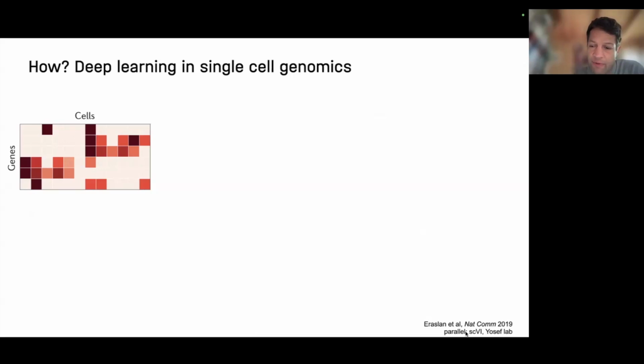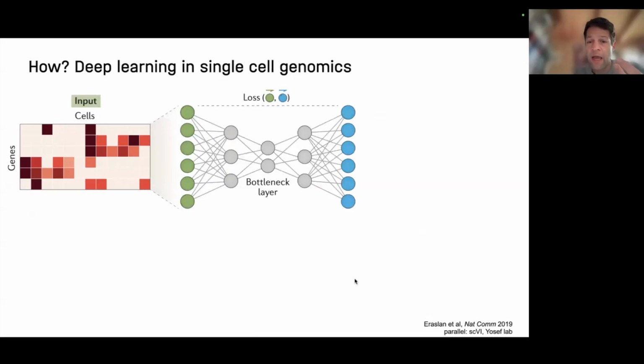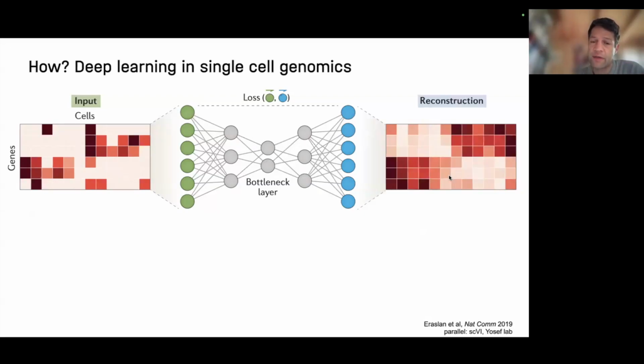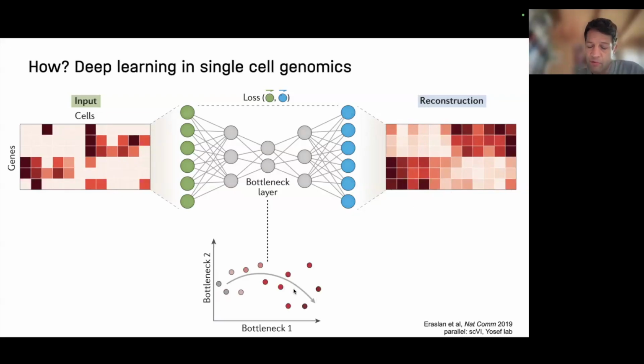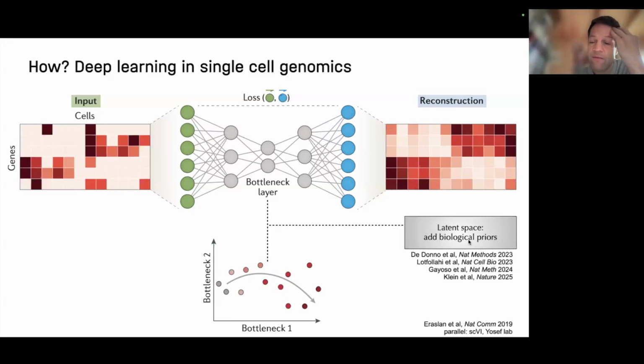My lab, in parallel with Nir Yosef's lab, introduced this concept of unsupervised deep learning, where you take them and run them through, often just an autoencoder. You squeeze them down, blow them up again, and make the output as similar as possible to the input. Because you encode them into this low dimensional space, you clean up stuff. But what's interesting is that in this bottleneck you see some of the dynamics, some process, some actually interesting information. We've been using this ever since. We've been putting constraints upon it, adding various biological priors, let's say programs, dynamics, things like that, and it really gets interesting.